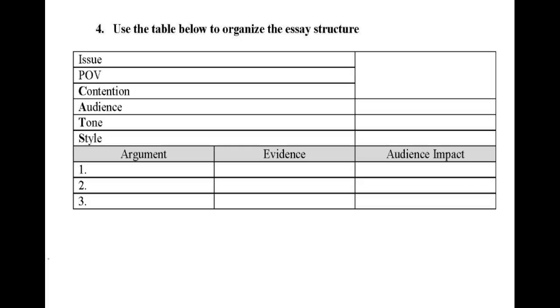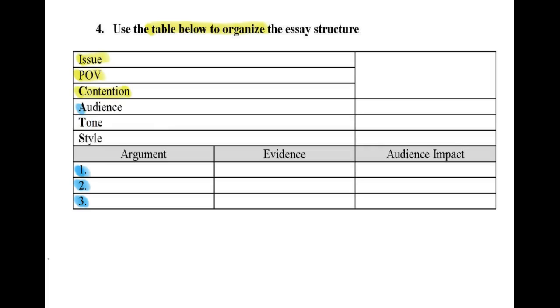If you recall, in the first three tutorials we've done how to do the readings, so reading 1, reading 2, reading 3, which derives certain information from whatever media forms you're being presented with. And what I propose we do here is then organize those thoughts and ideas into a table. For example, the first reading derives the issue, the point of view, and the contention. And then in the second reading, we get the key arguments and